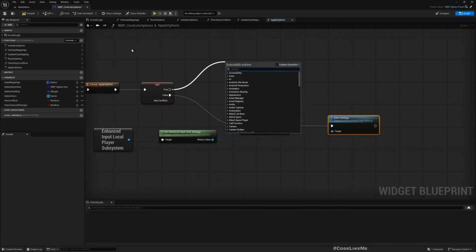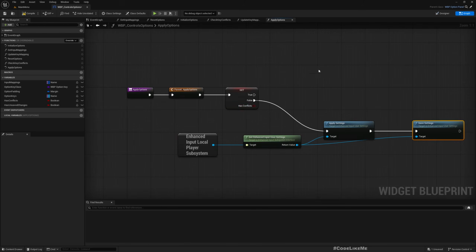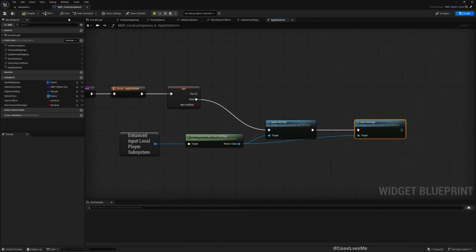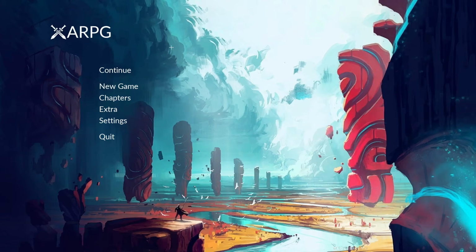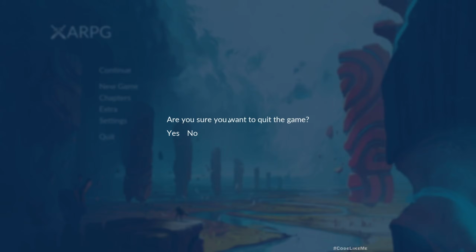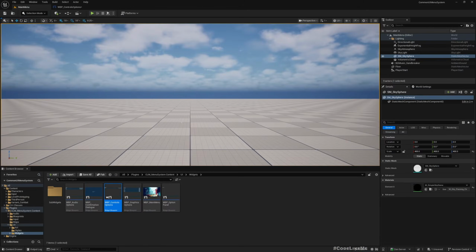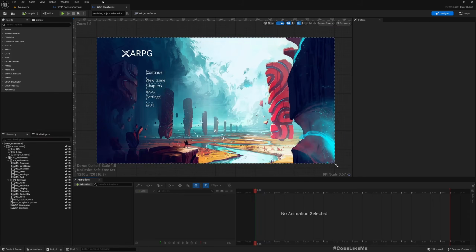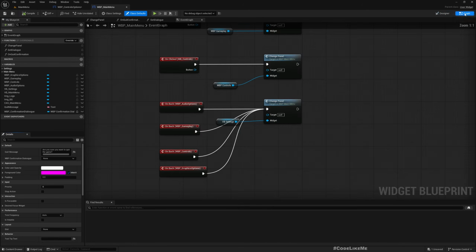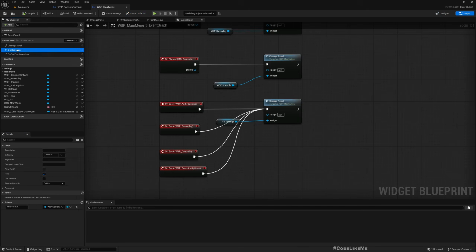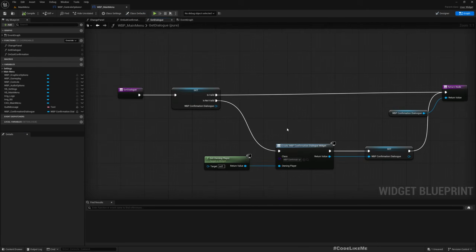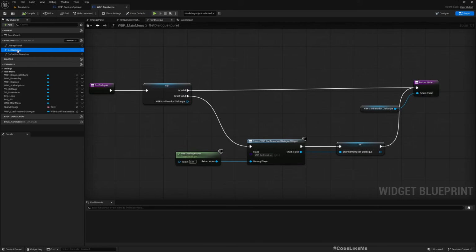So if it is true, if we do have any conflicts, now we need to show a dialog. For that, we have already implemented the dialog box here in the main menu. So I'm going to reuse the same thing, but we would need some changes. The first thing is this resides in the main menu, and I get that dialog through this get dialog function, which is basically this. So let me copy this function